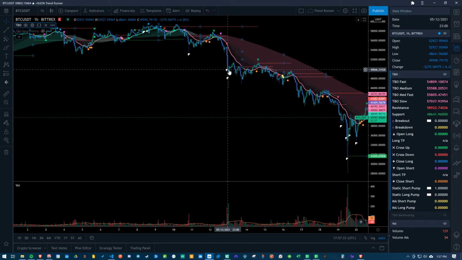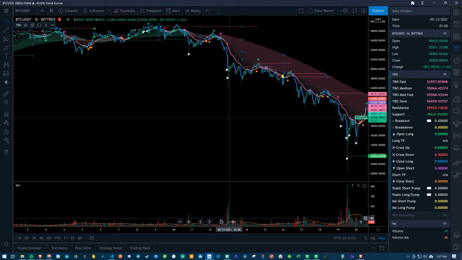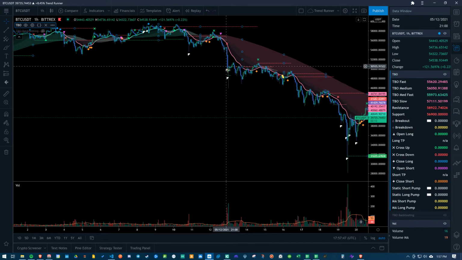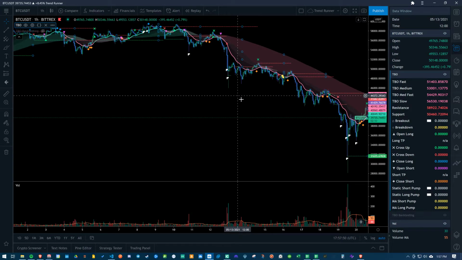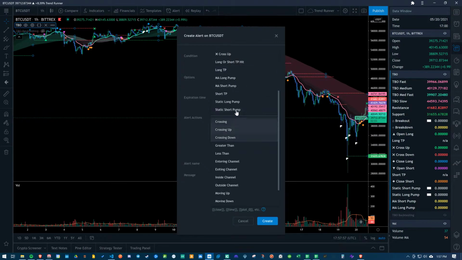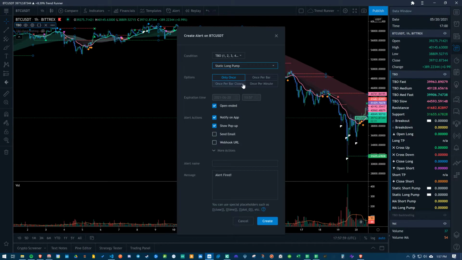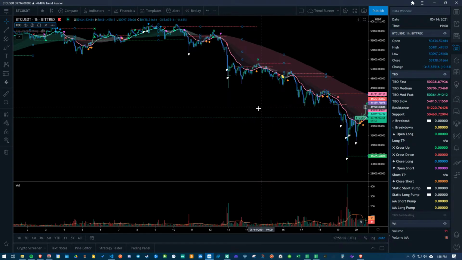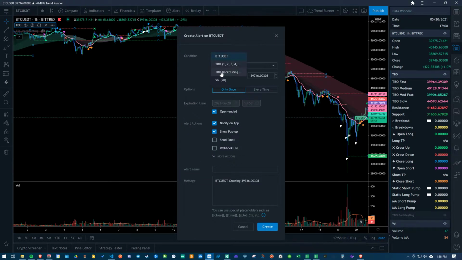As soon as it crosses your volume threshold, so as soon as this volume bar crosses 100, which on the 1 hour you can't really see until after the fact, but as soon as it starts going up and actually hits that, then it's going to show this symbol here. And so you can have an alert plugged into that as well. You can come down here to the TBO and choose static long pump or static short pump, and do it with once per bar close,